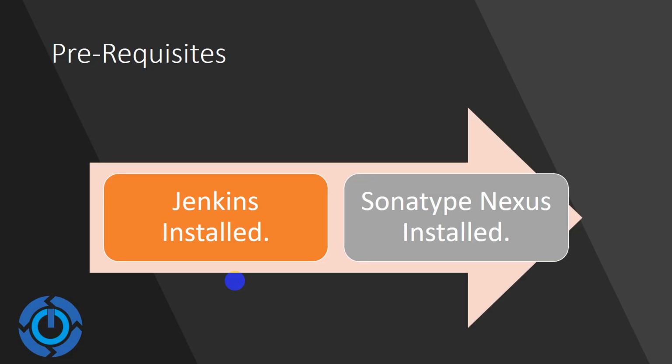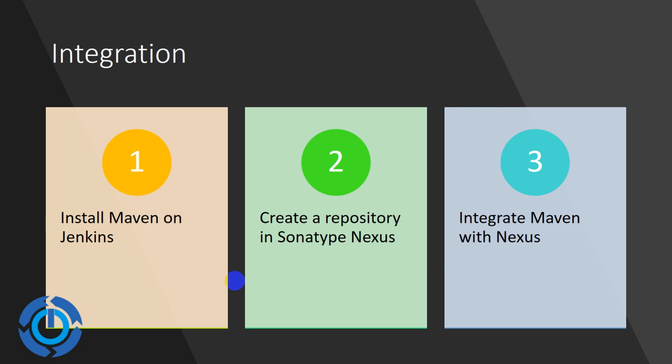For this, the prerequisite is two things: you should have Jenkins installed, and I'm using the CentOS 7 operating system to install my Jenkins, as well as Sonatype Nexus 2. I need to have both of these software installed and those dashboards ready. Once you have those two ready, the integration part falls under three steps. One is to install Maven inside your Jenkins system,